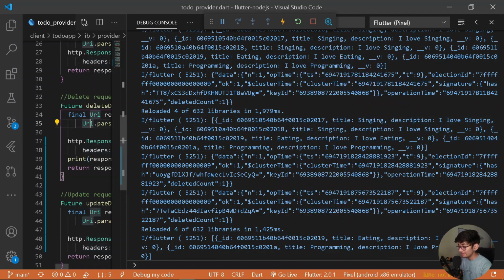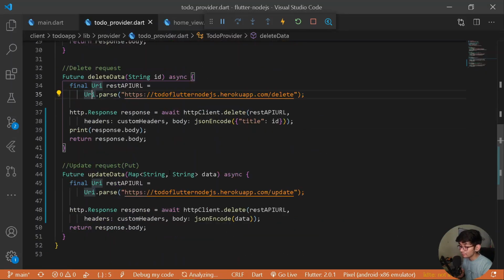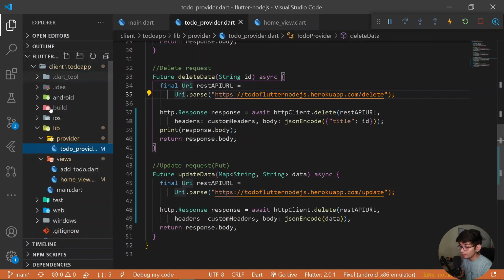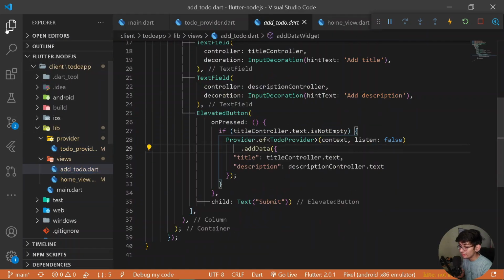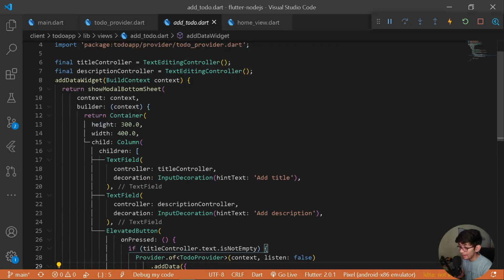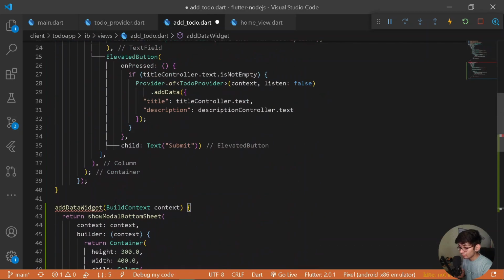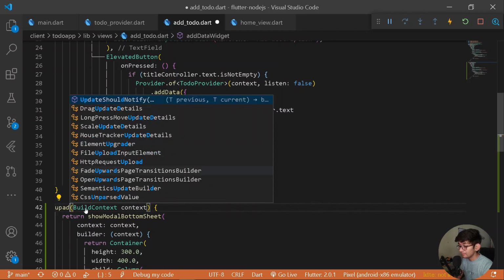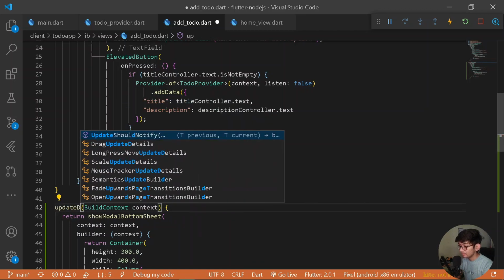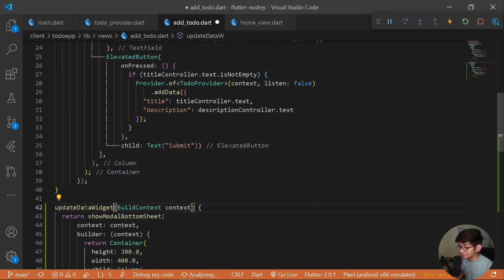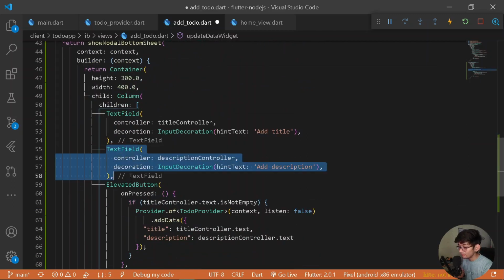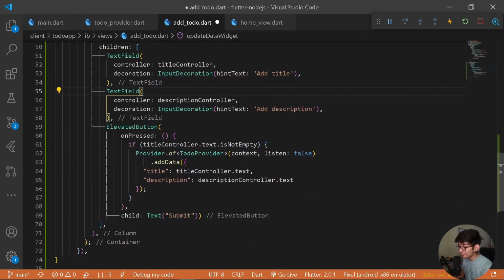So once we have done this, let's try updating some data. So for updating all data, alright, let me do it here. So let's go under our widgets and add a new widget, that is a bottom sheet for a new add-on bottom sheet. So let's copy the entire bottom sheet from here, paste it here. But here let's say update, alright, update data widget, just like this. And here let's go at the bottom, let's remove one just like this. And here instead of having add data, we should be adding here update data, just like this.